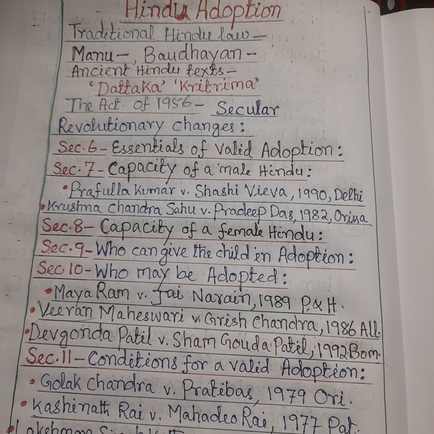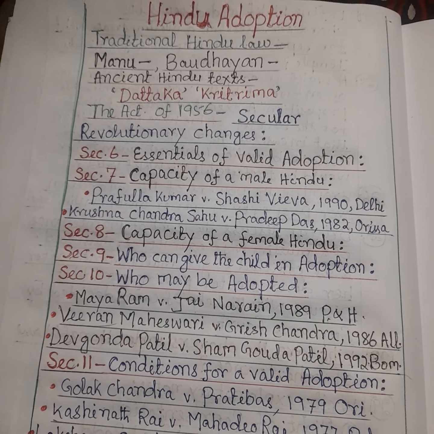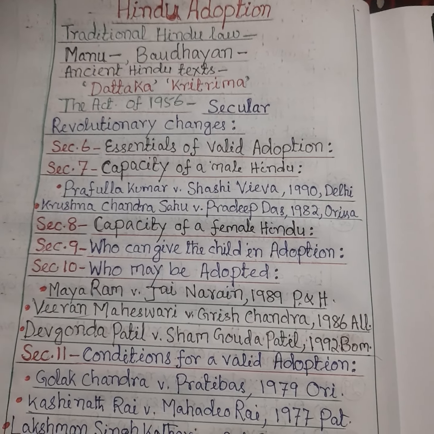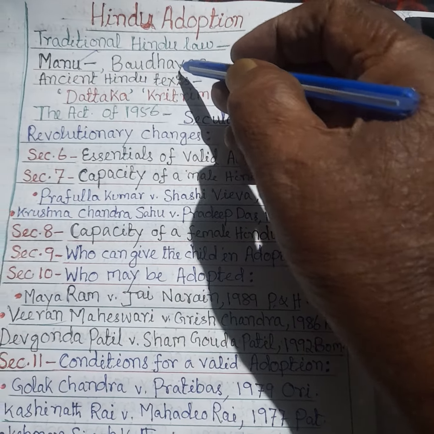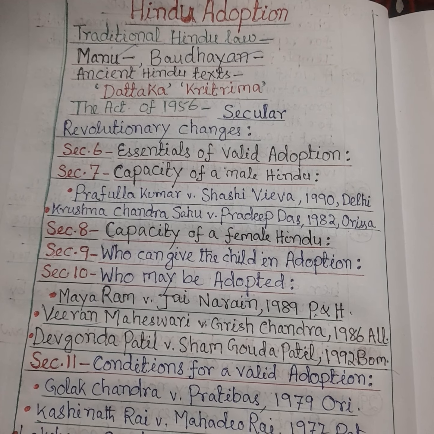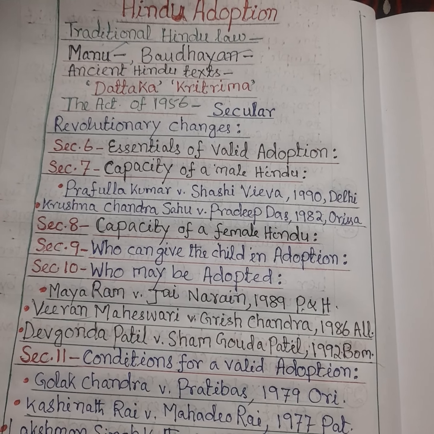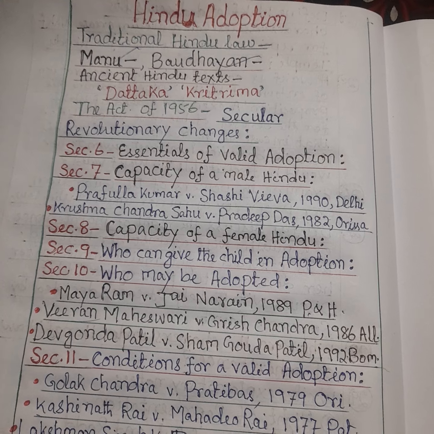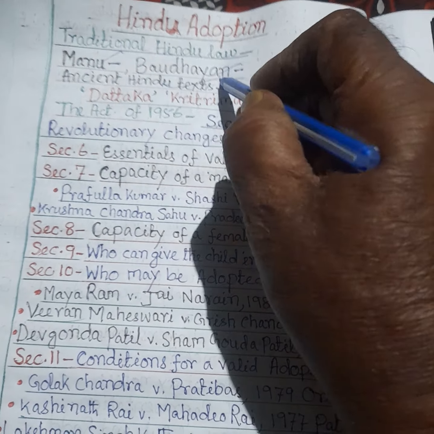So, according to Manu, adoption means taking a son as a substitute for the failure of a male issue, and according to Baudhayan, for fulfillment of religious duties and to continue the line of ancestors, the adoption of a male child was required, and as per the ancient Hindu text,